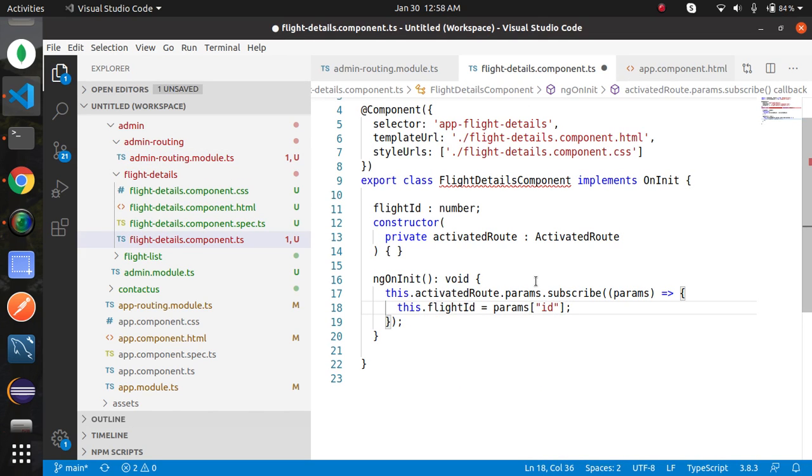So when the parameter changes, then flightID will update here.